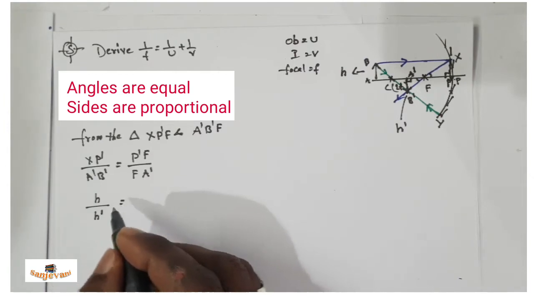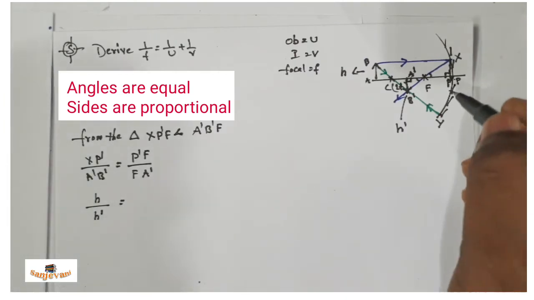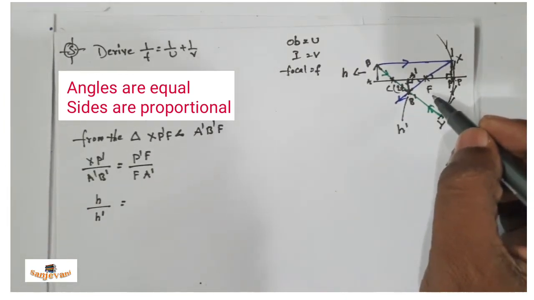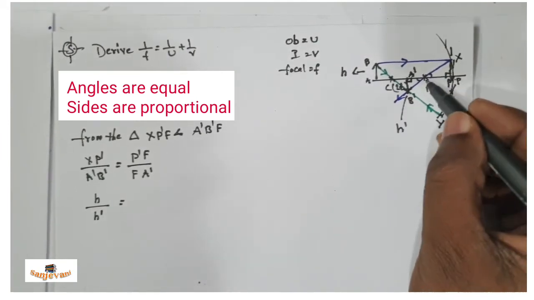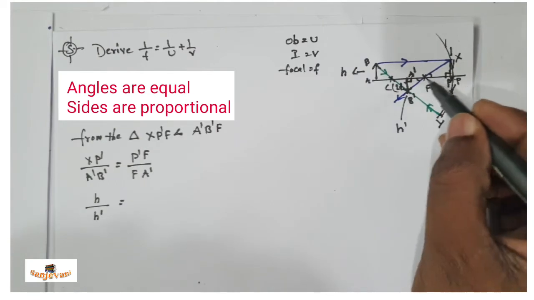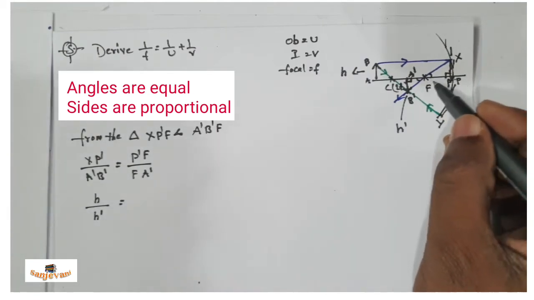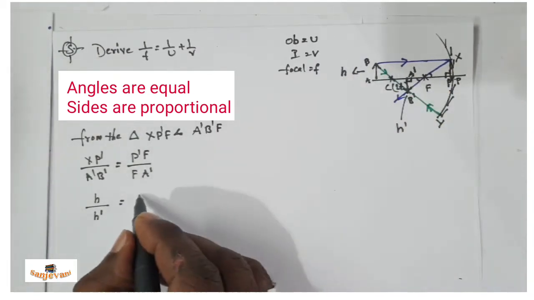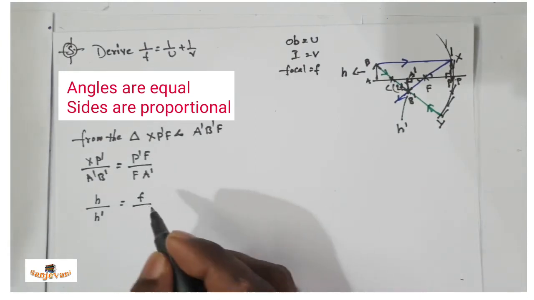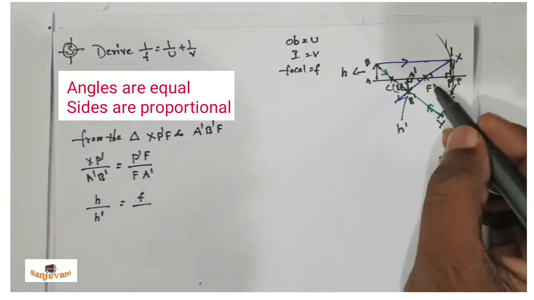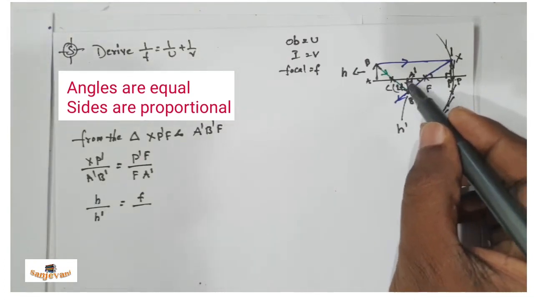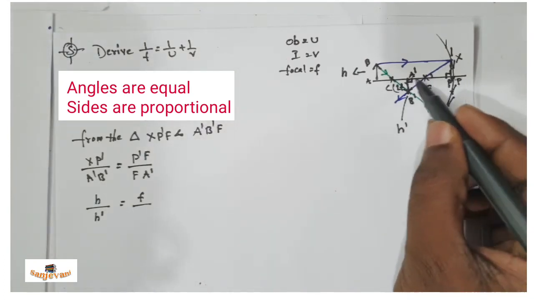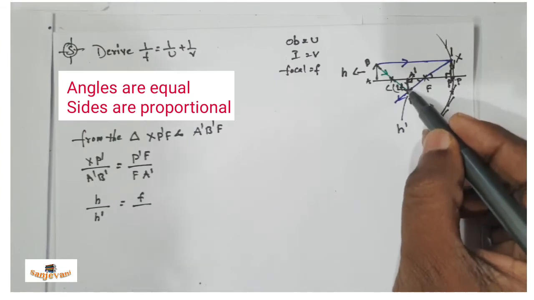Yes, that's it. Next, P dash F. What is P dash F? This is the distance from here to here. We know very well, from here to here we will consider as the focal length that we are given as F. That means I am going to write F by F A dash. Where is it? F A dash. This length we need. This path means from here to here. Is it clear to you? This is the image distance only now.